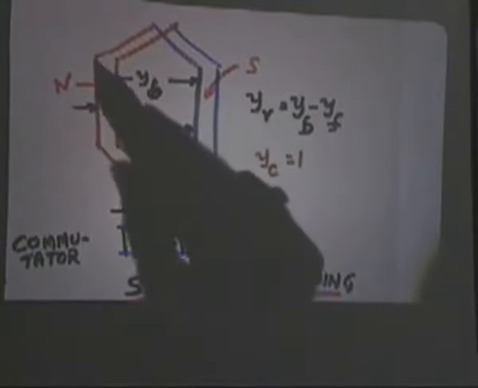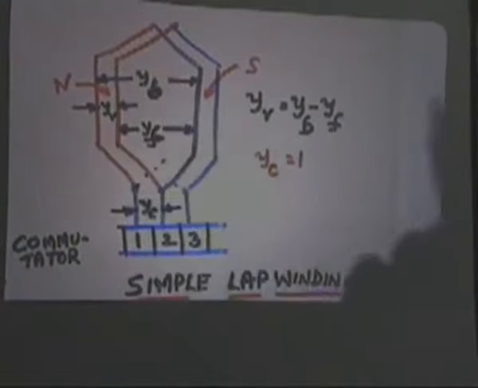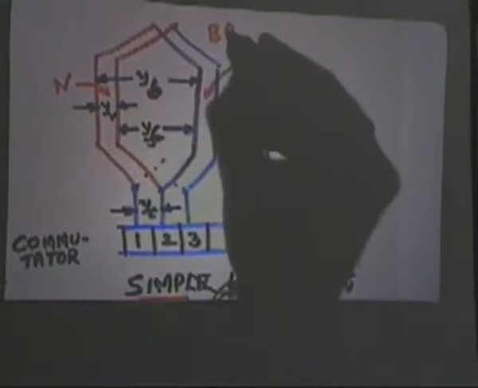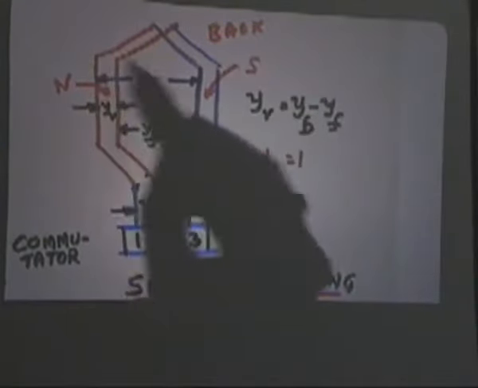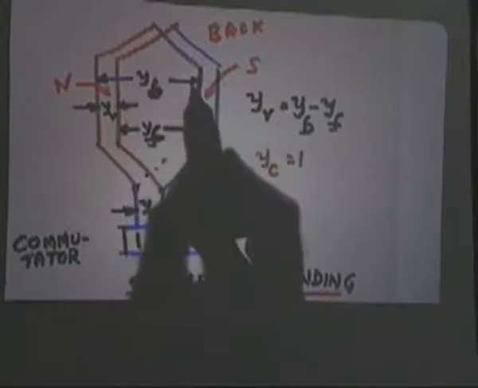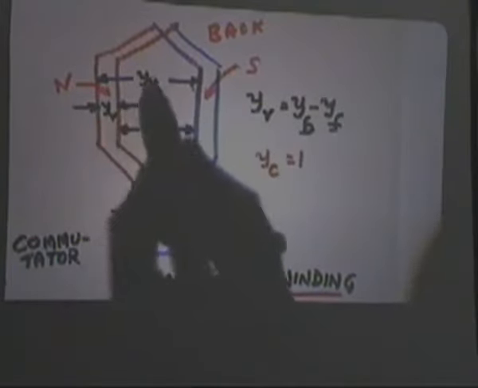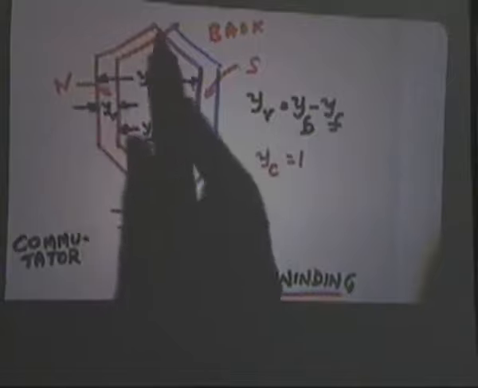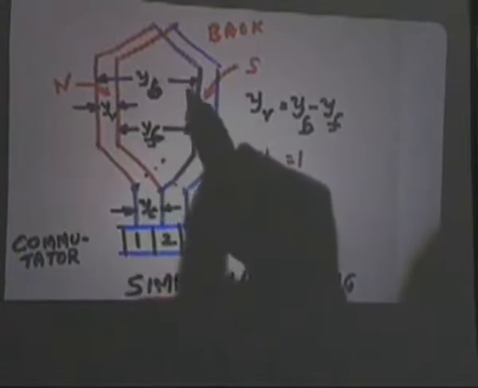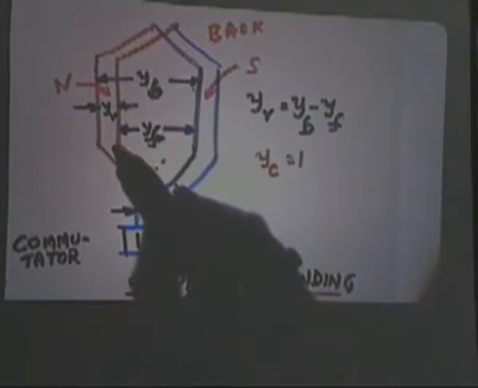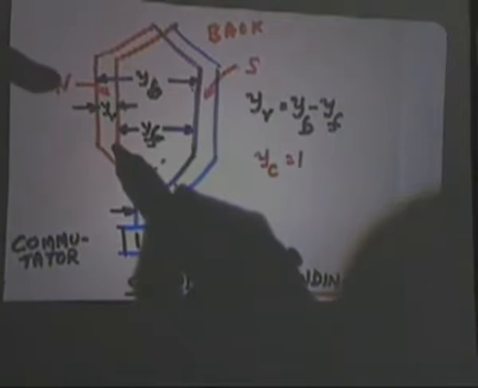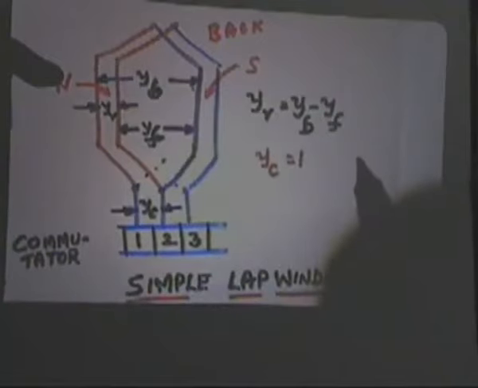Now this coil side, this is on the back side. The distance between this coil side and this coil side on the back side is the back pitch Yb, what we have defined. So Yb is the back pitch in the lap. Now you will see that the front pitch would be on the front side or the commutator side, that's connected to another coil side but under the same pole. So it comes back to the same pole, it does not go to the next pole. Okay.